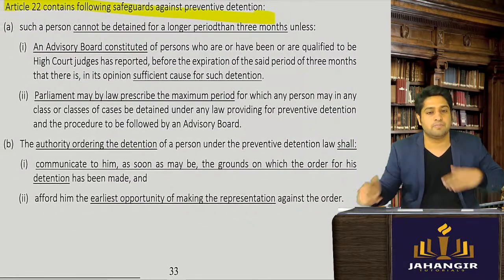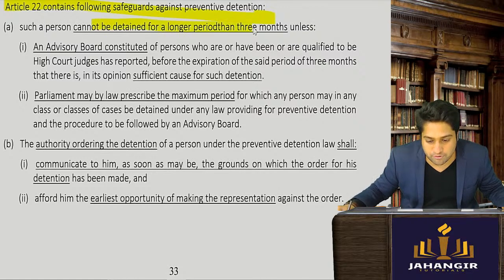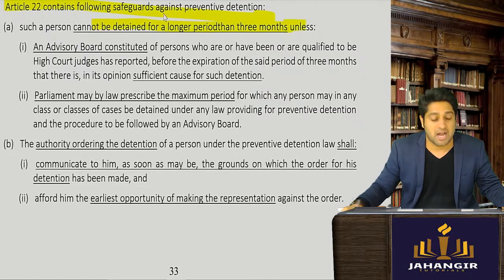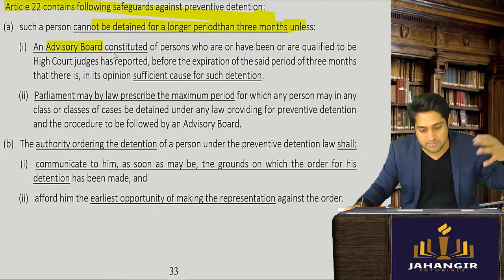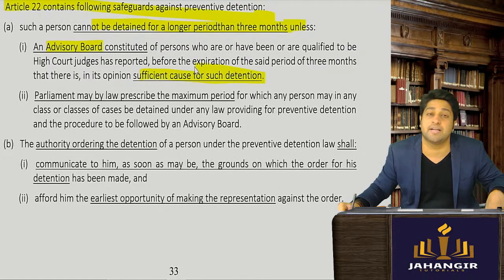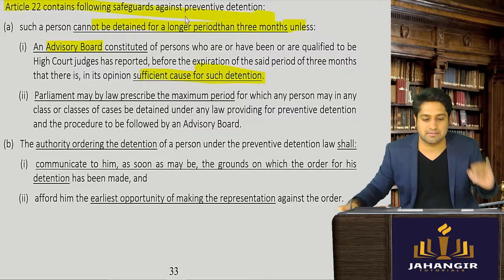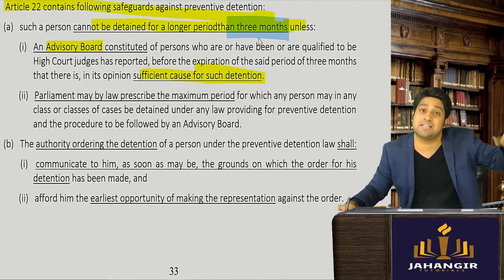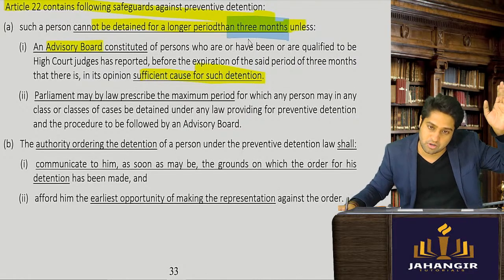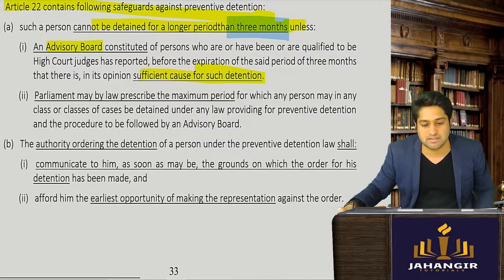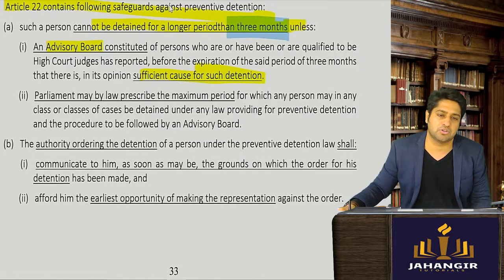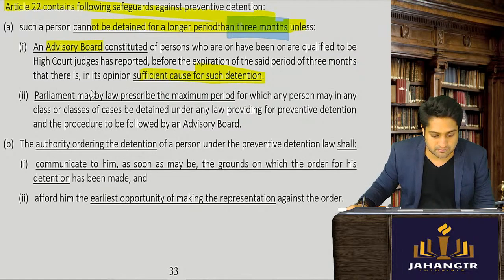First, a person cannot be detained for longer than 3 months unless a proper advisory board has been constituted and they feel that such detention is necessary. Means the maximum period is 3 months unless some advisory board is saying no, we want more than 3 months. Sometimes people are spies. Okay, so that time we have to do. Next is